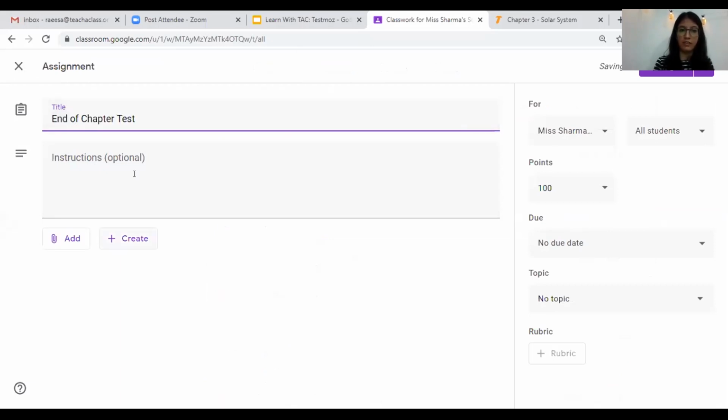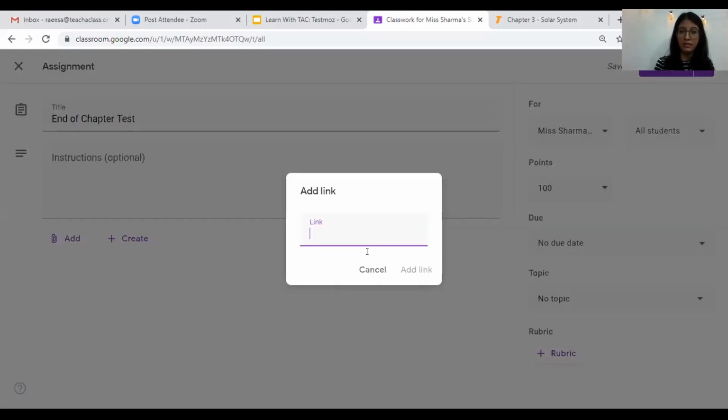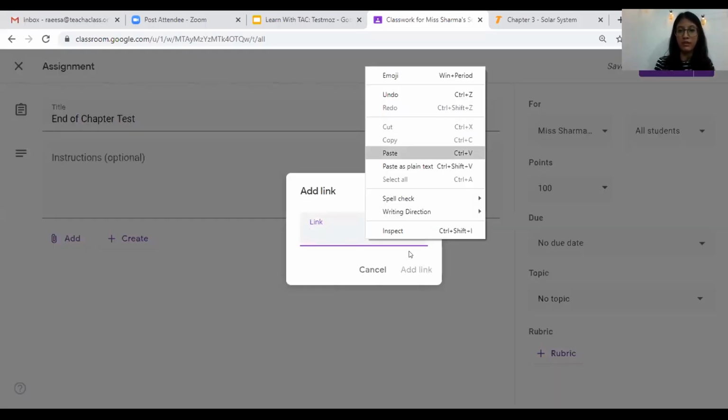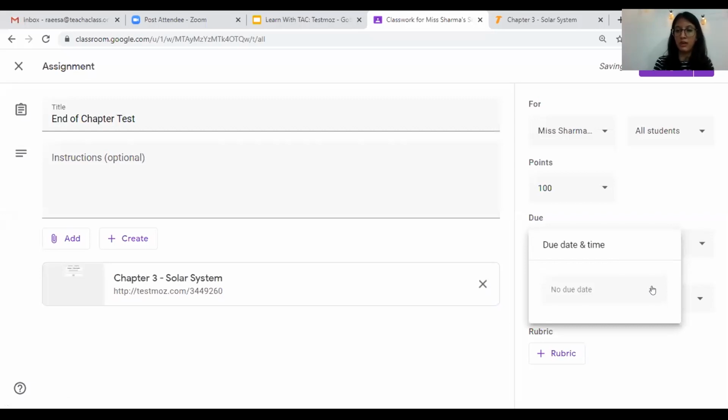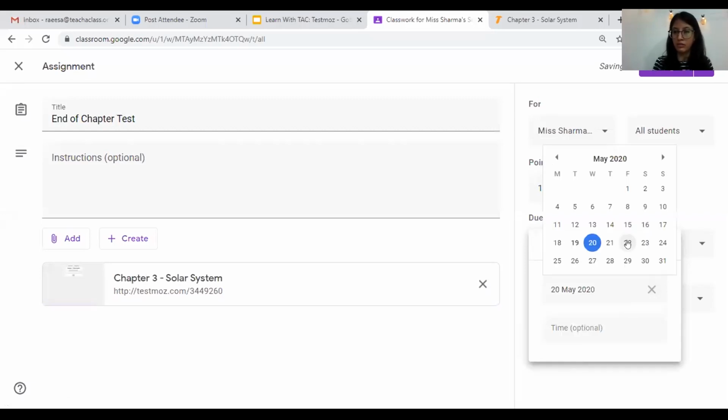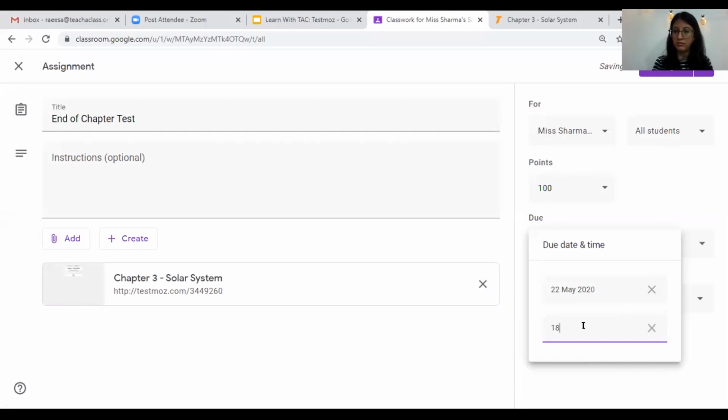I can give instructions if I have any, or I'll simply add a link and paste the link over here. I want to assign a due date so that my students finish this before Friday 6 o'clock, and I will simply assign.